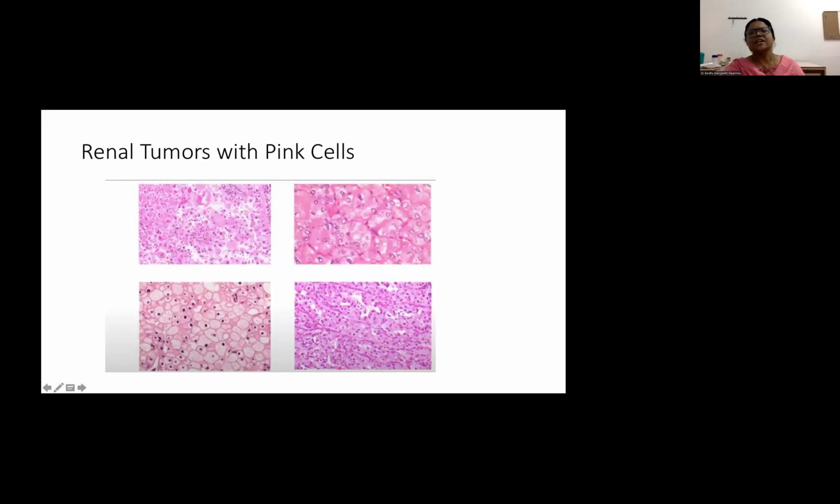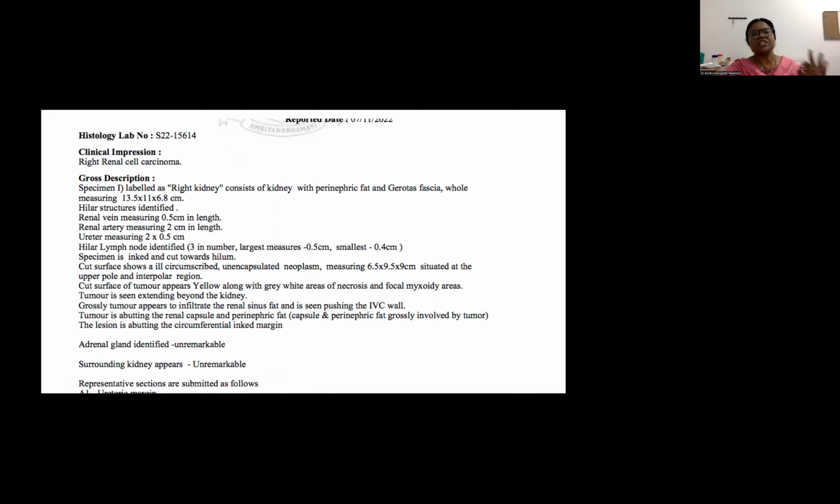Now, is that all about the pathology department? Is it that we look at the different colors, the cytoplasm, play with a display of colors and try to name a tumor? No, it is not just that. Actually, the diagnosis in pathology starts from the very moment that we receive the specimen in our hand. And a major part of pathology reporting, I always keep telling my postgraduates, is that the time spent at the cut-up room or the grossing room